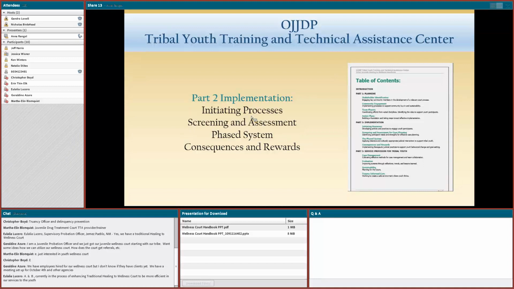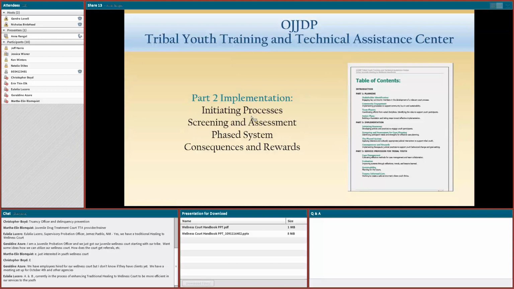Consequences and rewards is a section devoted to a method that's used in adult wellness court. It's sometimes called sanctions and incentives. In our handbook, the language we use is consequences and rewards, and I've also heard therapeutic consequence. And really what that section is going to talk about is the development of an incentive system to support youth